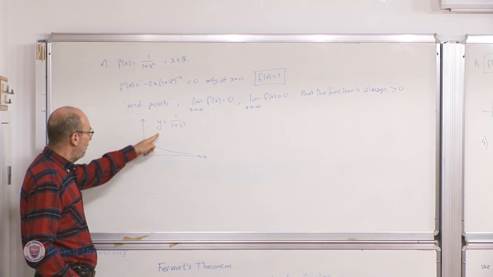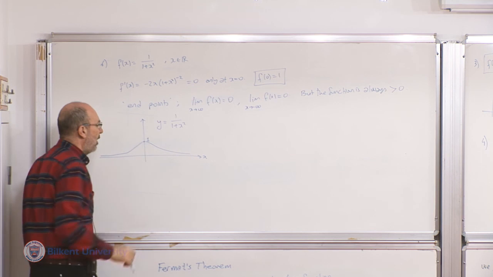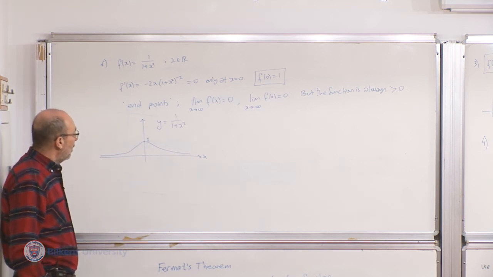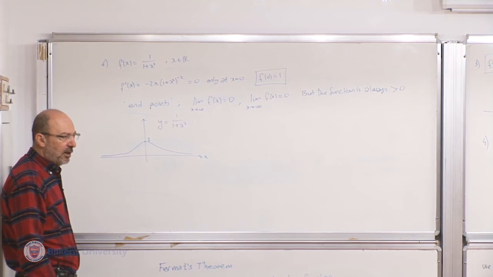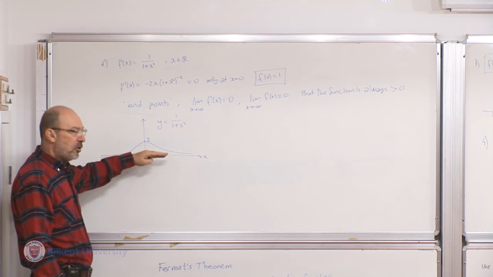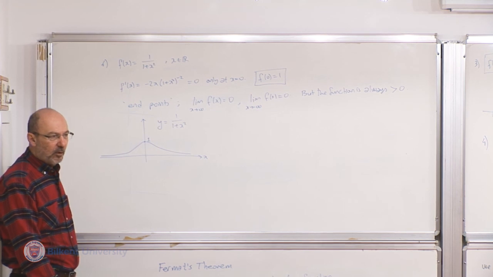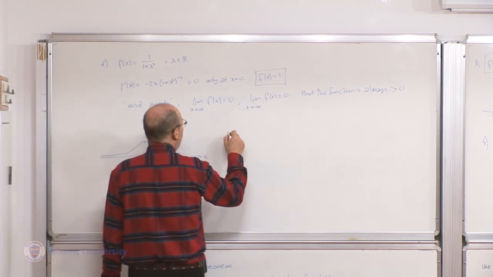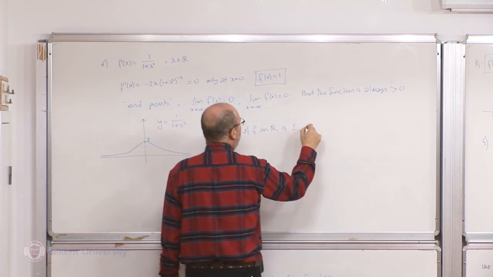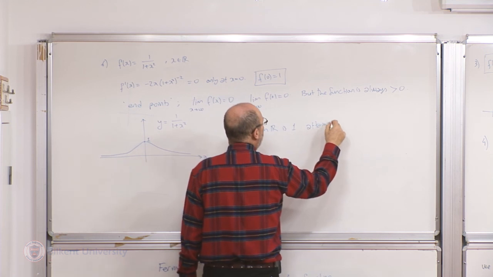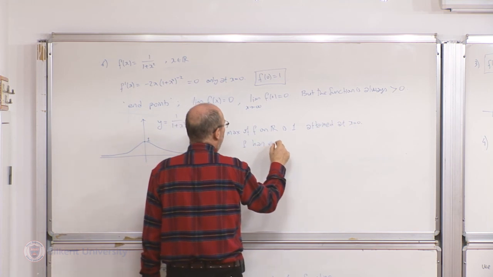X is negative or positive. The function takes the same value. At x equals 0, the function takes the value 1. Okay, so the maximum of the function is 1, but the minimum of the function does not exist. No matter which number, which positive number you consider as the minimum, the function becomes smaller than that. Okay, so maximum of f on R is 1, attained at x equals 0. F has no minimum